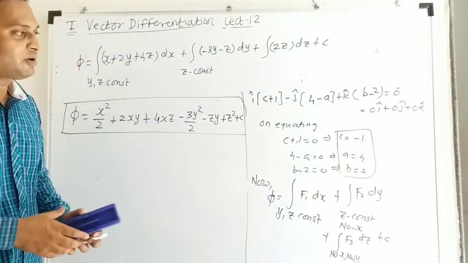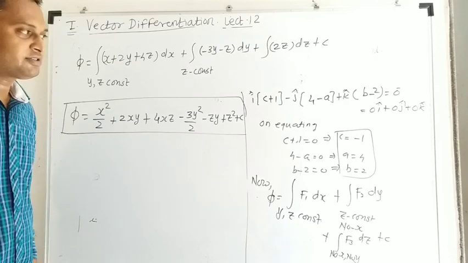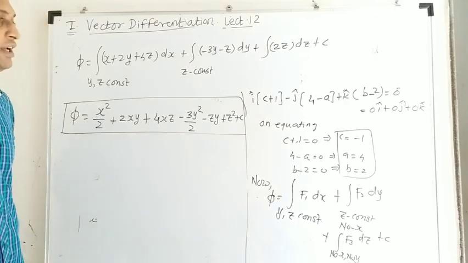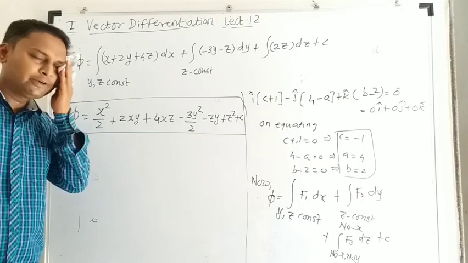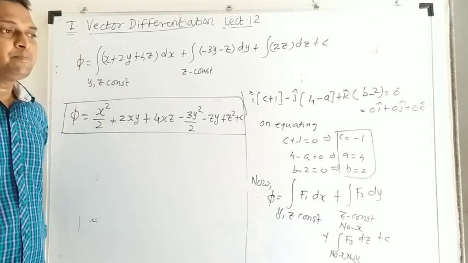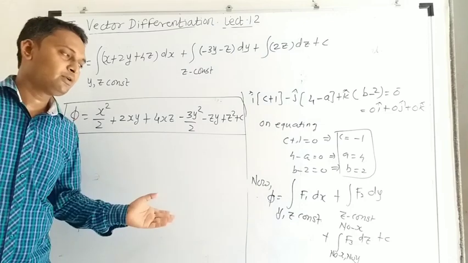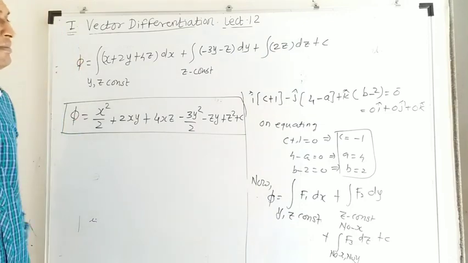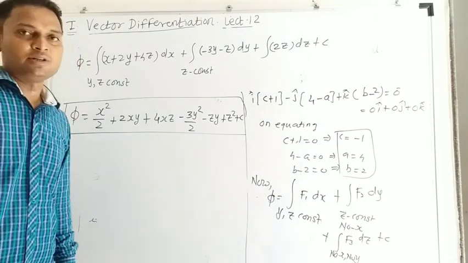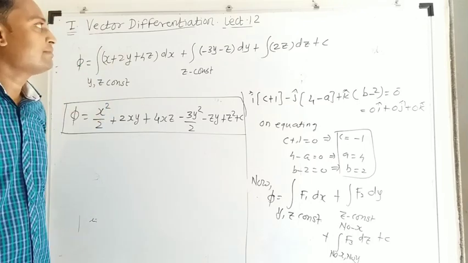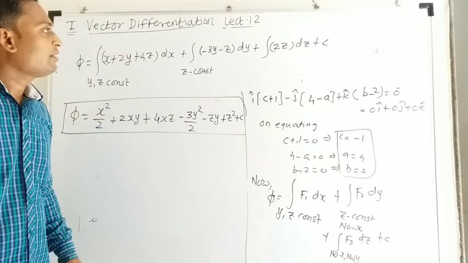This is a different type of problem in which we have calculated first the constant and then phi. In the previous example, we have not calculated any constant. There we have shown that the field is irrotational. Here we have used the concept that the field is irrotational. Using that, we have done the calculation of A, B, C and then the scalar potential. So these types of examples can be there in case 1.